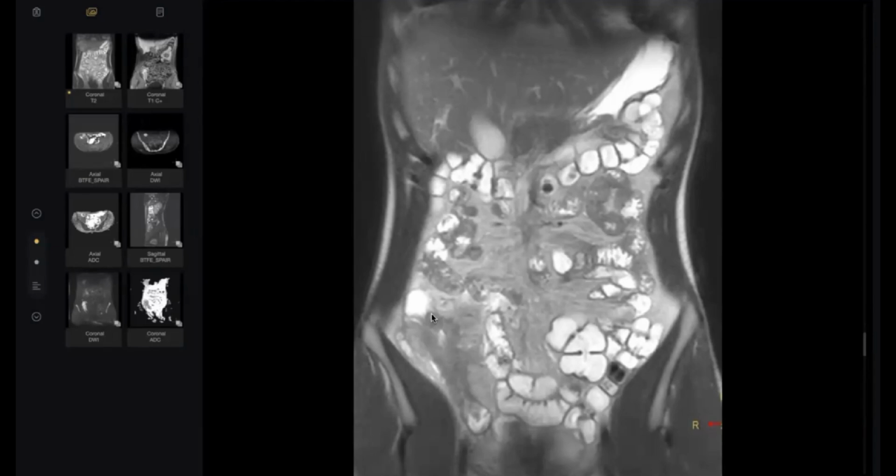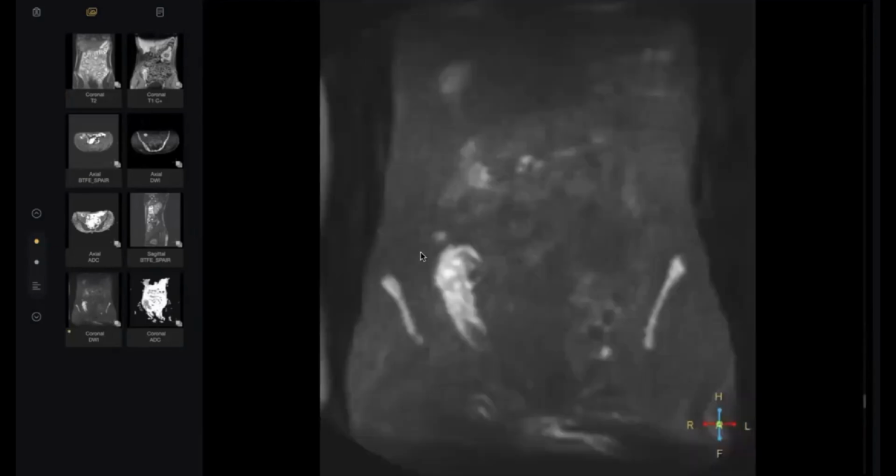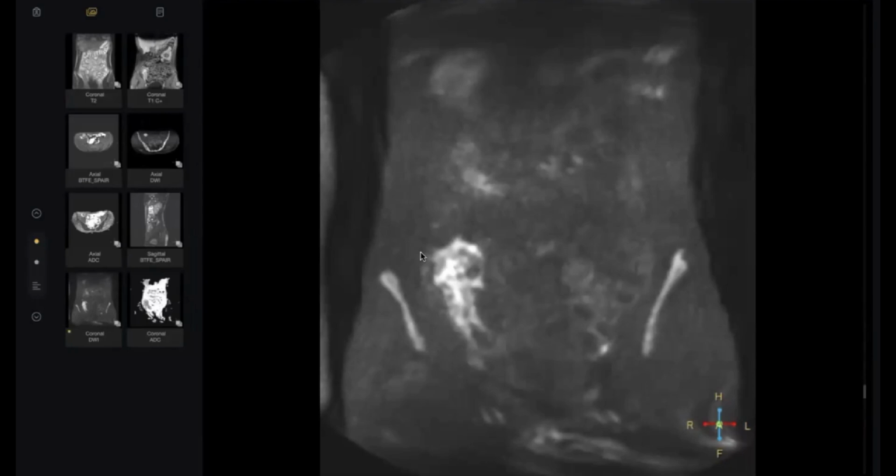Diffusion weighted sequence to see further its signals. What happened here? Yeah, it shows restricted diffusion. Okay, this region of abnormal thickening in the terminal ileum shows restricted diffusion on the diffusion weighted images, further supporting some inflammatory etiology of the bowel in the region of the terminal ileum. So what's your final diagnosis? Sir, it could be due to inflammatory etiology, could be Crohn's disease,